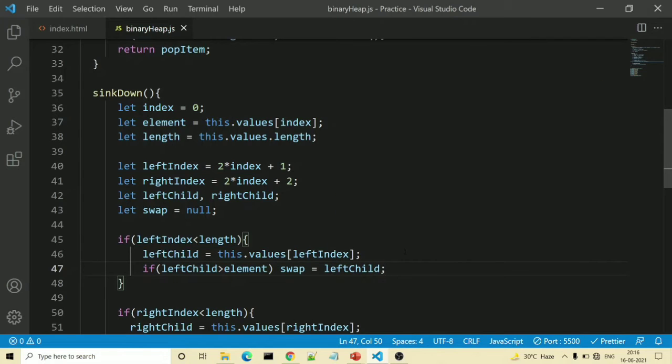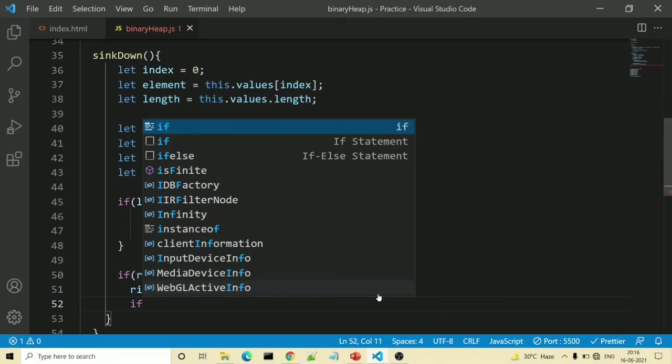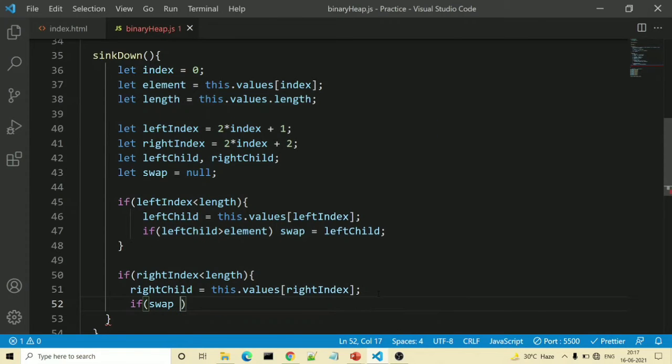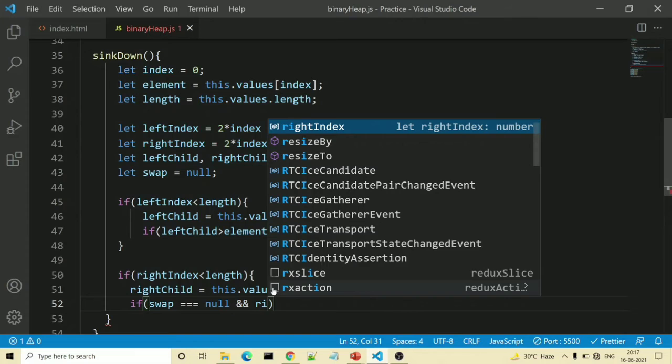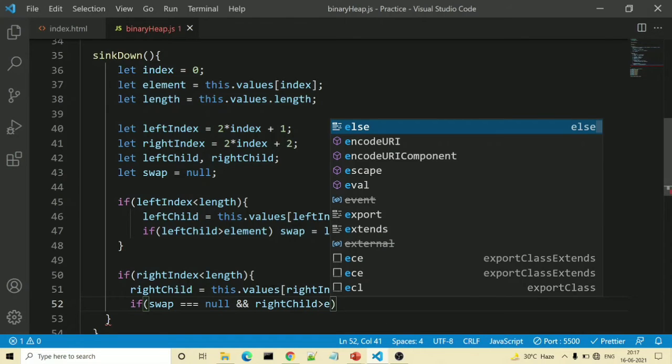Correct. But in another case, our right child also can be there and it may be greater than the left child, then what we can do? So inside our right child condition, we will check if our swap is equal to null. That means our left child is lesser than the current element. Okay. And our right child is greater than the element.